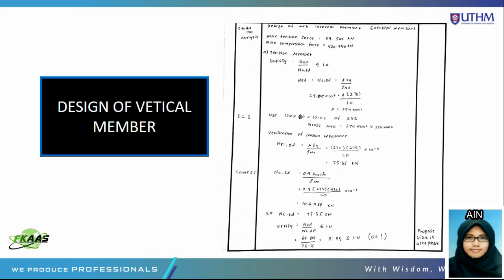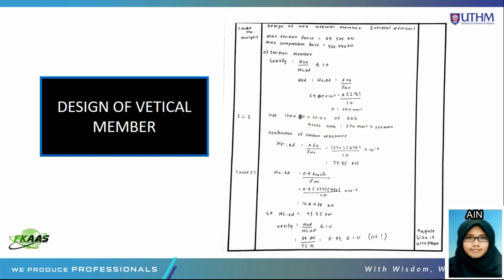Use 120 multiplied by 80 multiplied by 10 L of RHS. Gross area is 274 mm², which is more than 254 mm². Verification of tension resistance is equal to 75.35 kN, and URD is equal to 106.038 kN. So to verify it, NED over NTRD is